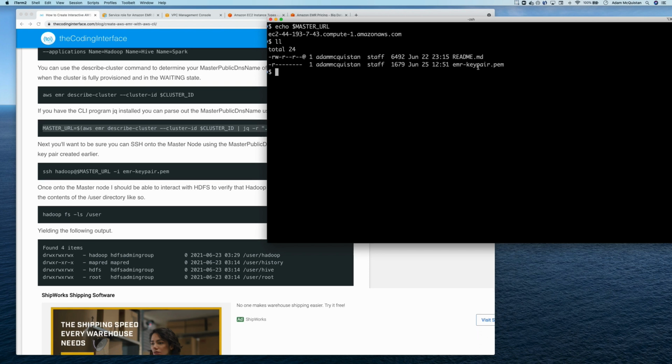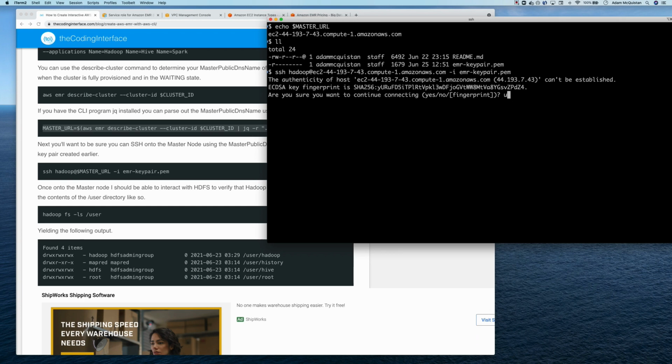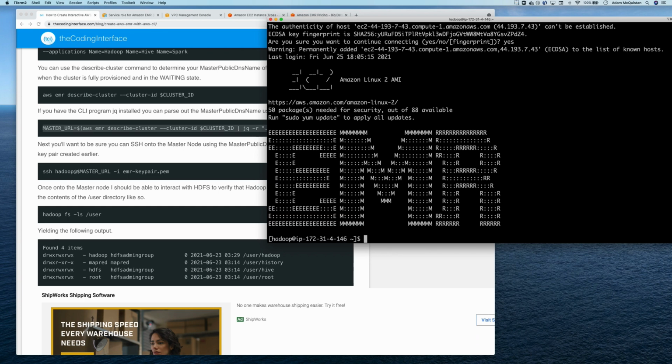So we're going to use that PEM key that we got earlier. So SSH as the hadoop user at the domain for the master node, and give it my EMR key pair. Accept the fingerprint, and you're on there when you get this really cool text graphic that says EMR in front of it. And so now I can prove that Hadoop at least is installed in the Hadoop file system by doing hadoop